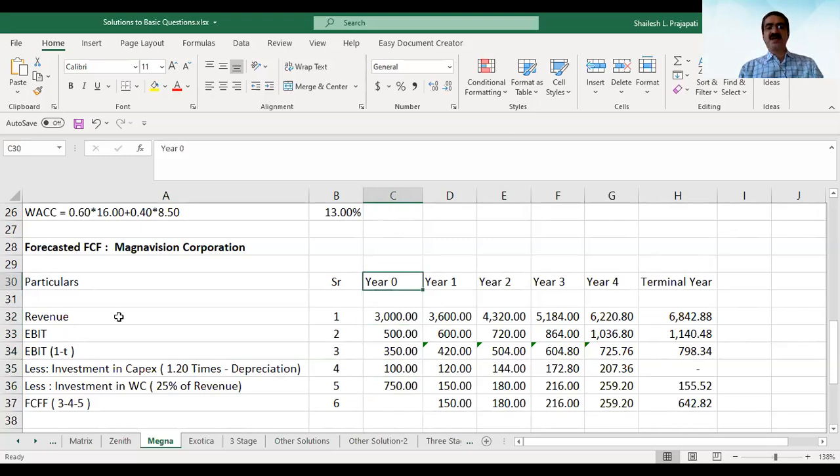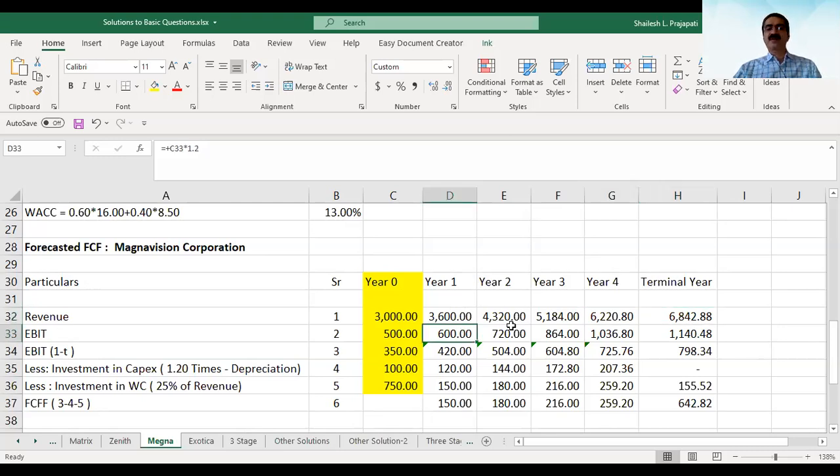So this is basically a base year. We will not have anything over here. This base year we will not have to look into. So this is what we have. Now we go to year 1. We will have 1.2. Then year 2 is 1.2, year 3 is 1.2, year 4 is 1.2. In the terminal year it is 1.1, because they have specifically given that the terminal year growth will be 10%.